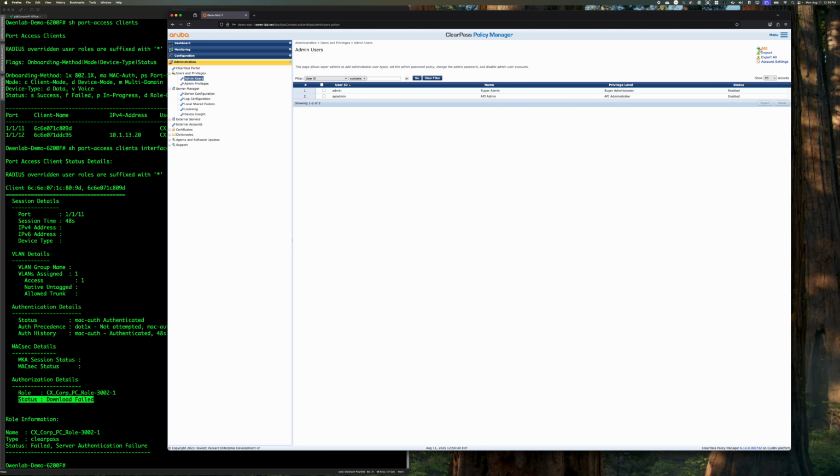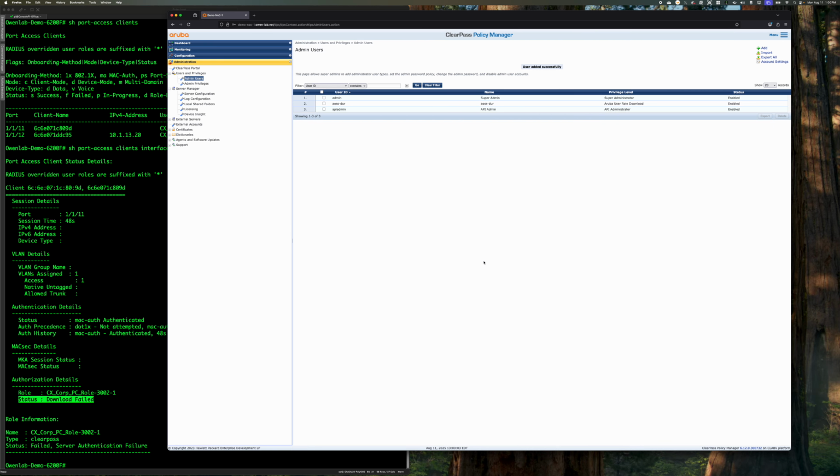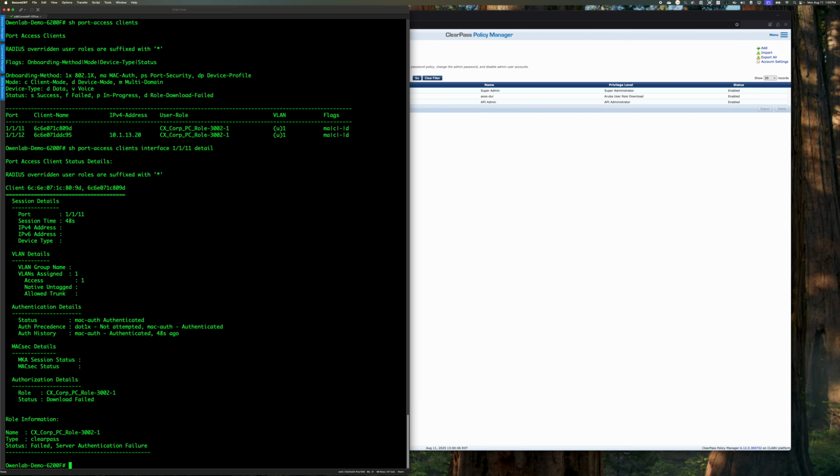It's going to be an admin user, AOSS DUR. Okay, and then the privilege level can be just Aruba user download role. So what this does is it gives this user just access to download roles. So now,